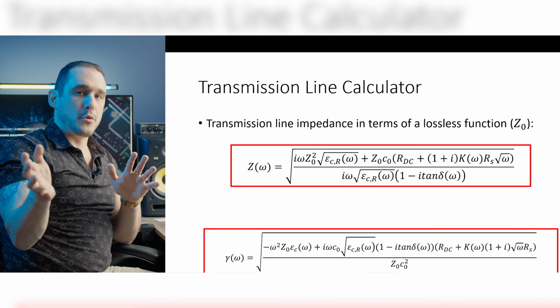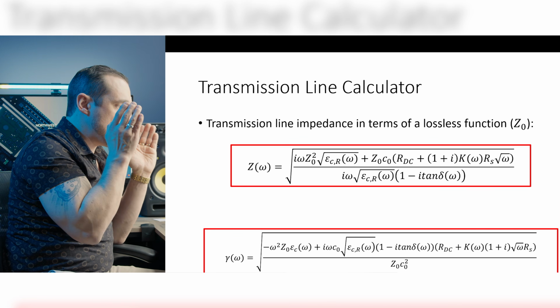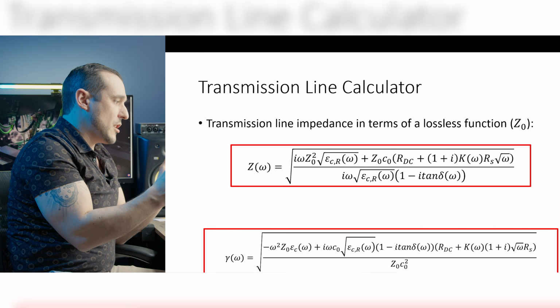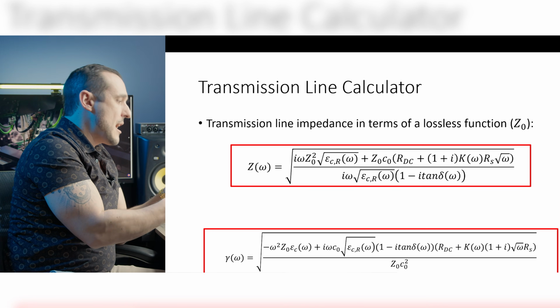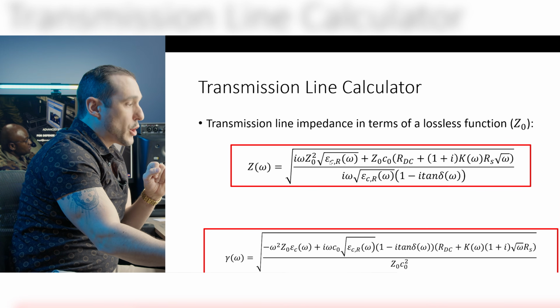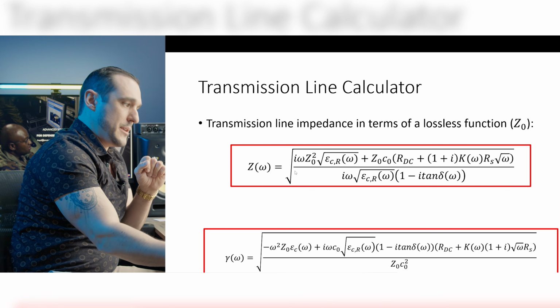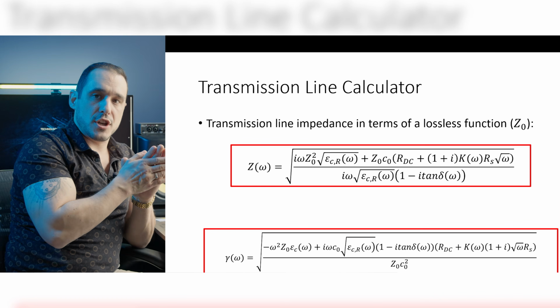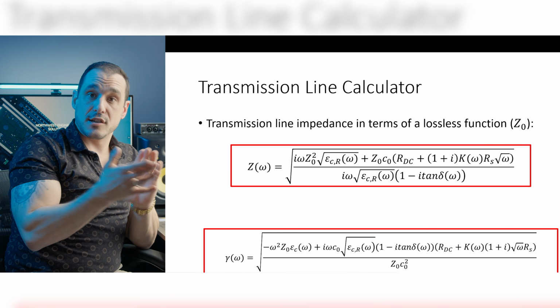So I'm not going to run through the whole derivation in this video, but you can see that these are the equations that define the transmission line impedance with loss and the propagation constant with loss in terms of a lossless impedance function. Now this is really important because that lossless function could be, for example, Waddell's equations,